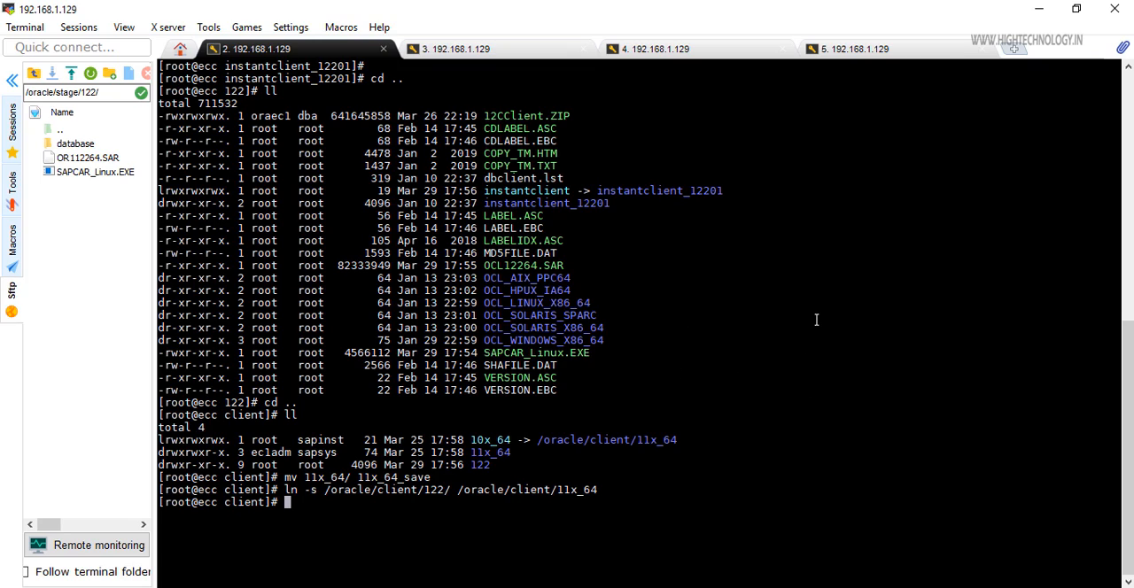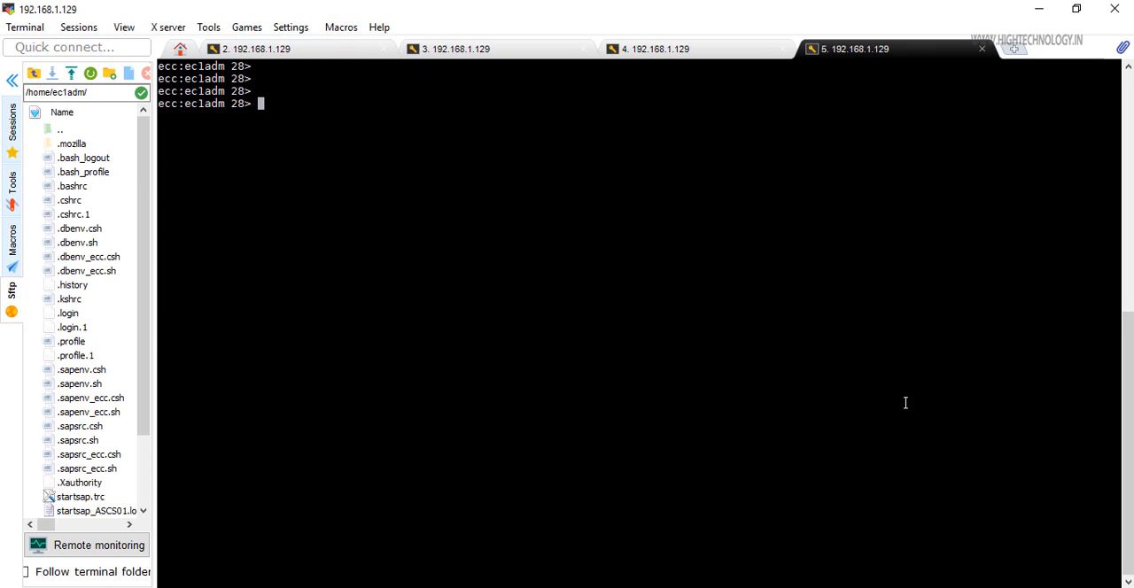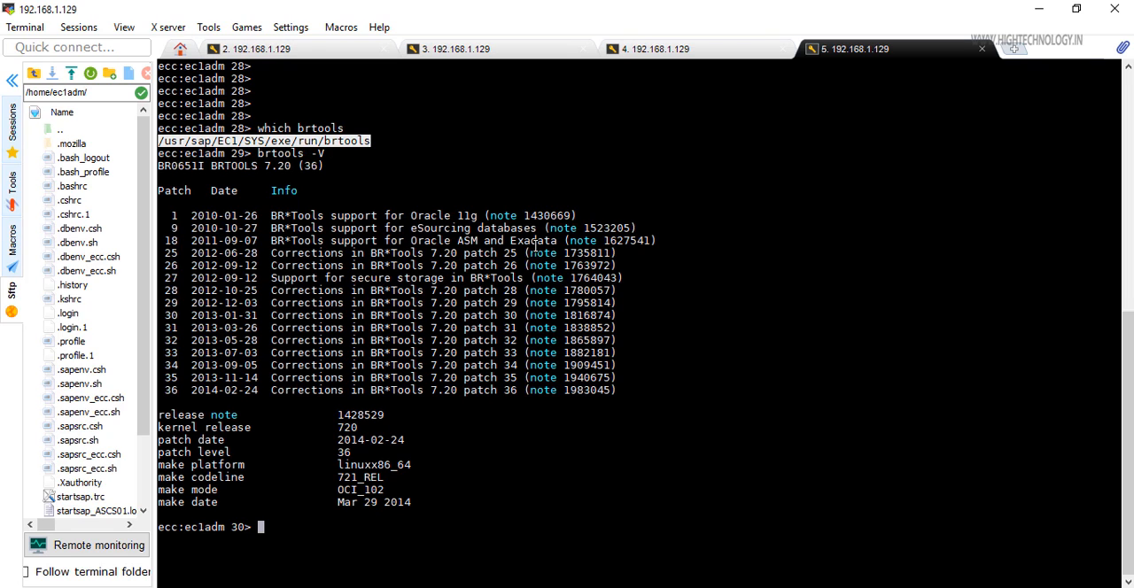Now what we have to do is upgrade the BR tool version. So for the BR tools version, let's go to the SIDADM and then use the command which brtools. Now go to this directory. First of all, let's check the version, brtools -v. So this is the 7.20 patch number 36. So let's go to this directory,